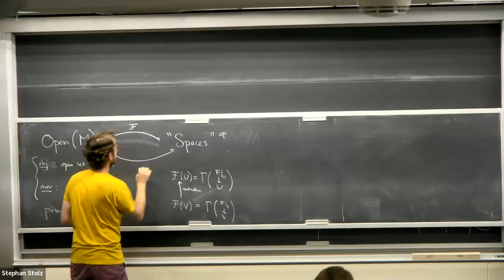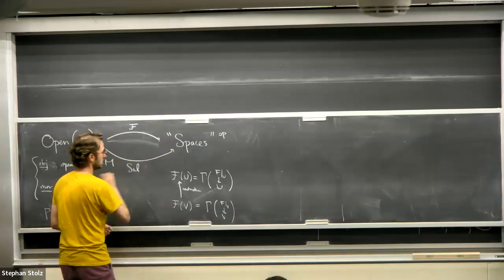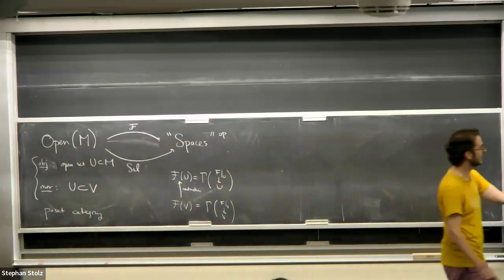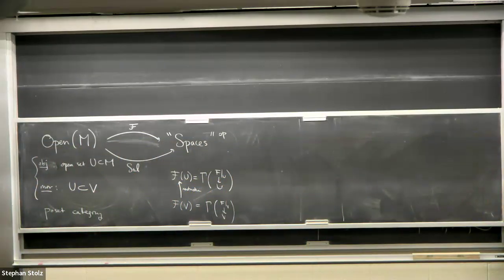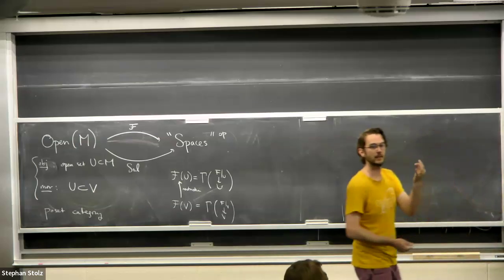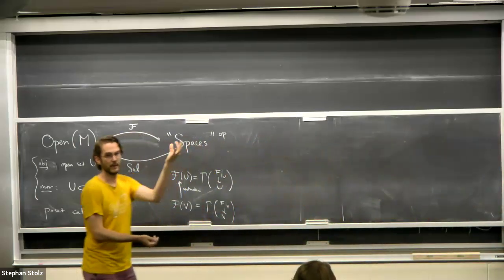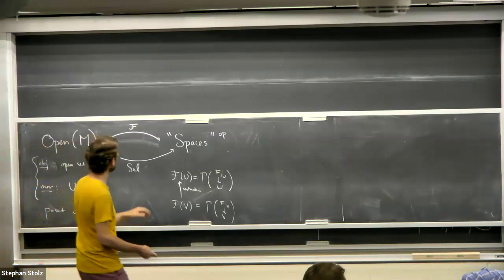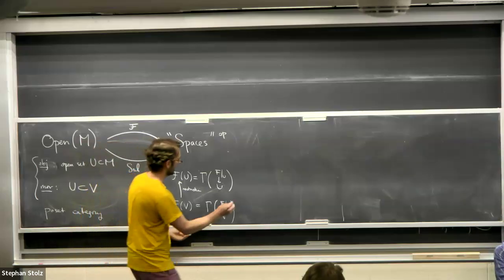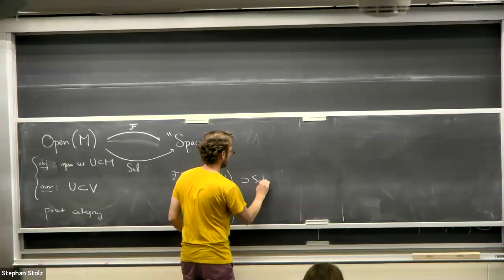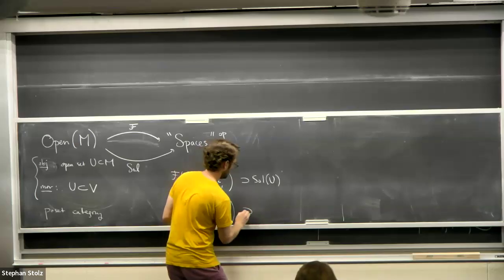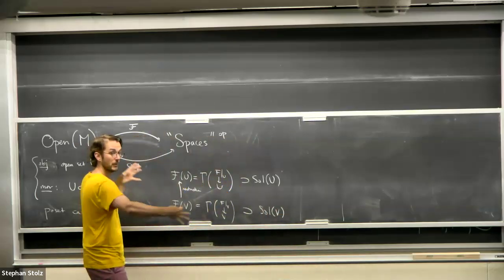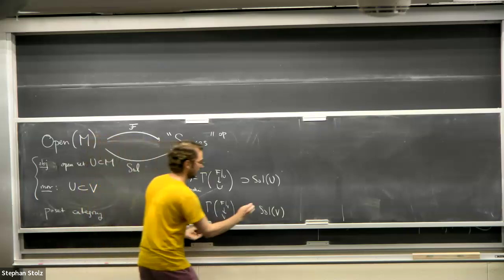There's another functor here, which is solutions. The nice thing about a PDE is that it is very nearly a pointwise condition. It's a local condition, one that only depends on the Taylor expansion of a function at each point. So inside of here, we have solutions on U, and we have solutions on V. If I satisfy a differential equation on a big open, it restricts to a solution on a small open.